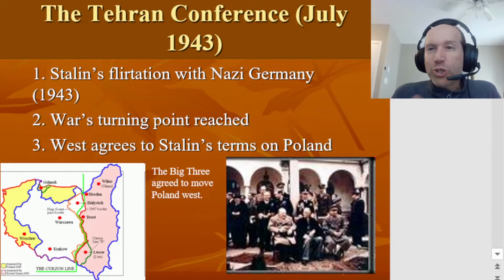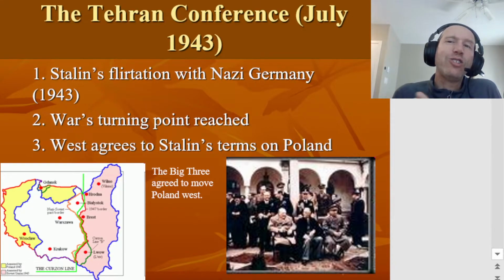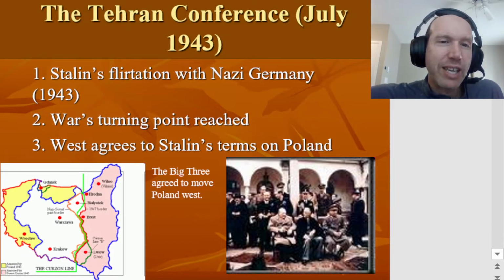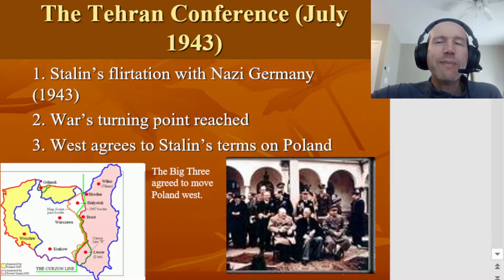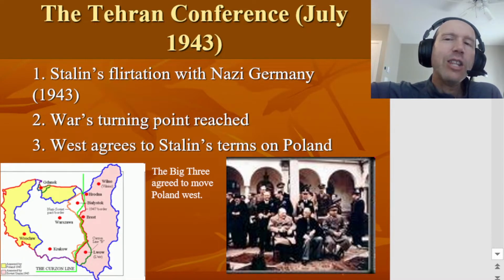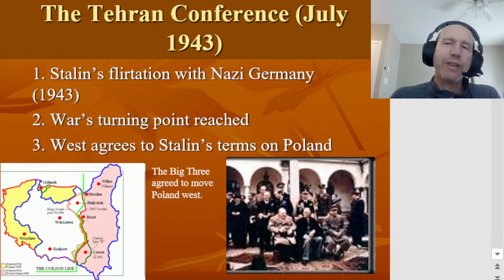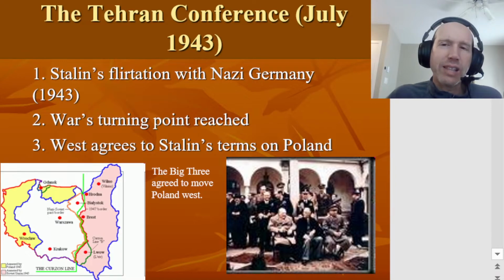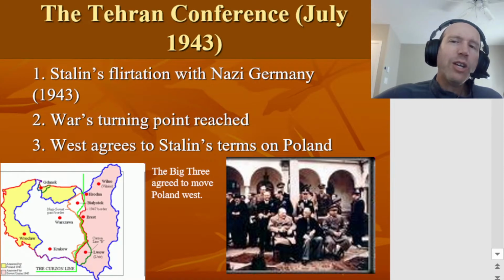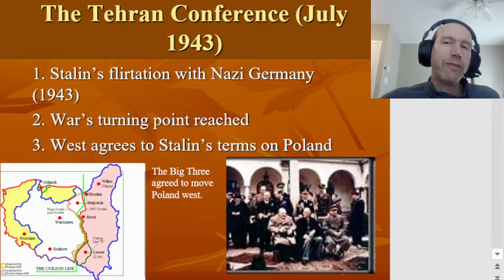Now, given that the war's turning point had been reached, given that the Soviet Union, the Red Army, was essentially inflicting 90% of the Wehrmacht's casualties, in other words, they were doing the heavy lifting in the war, Stalin had a very strong bargaining position, and essentially by pretending or letting the West know that he was considering cutting a deal with Hitler, they came to the table, and the United States in particular agreed that since Stalin was doing the heavy lifting and the Soviet Union was so destroyed by the Nazi Vernichtungskrieg that the Soviet Union was entitled